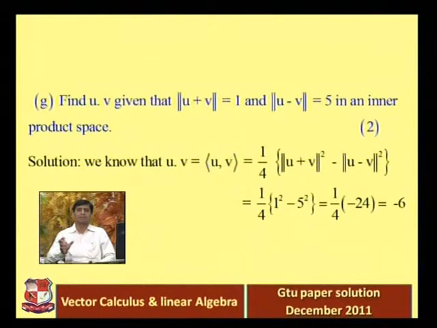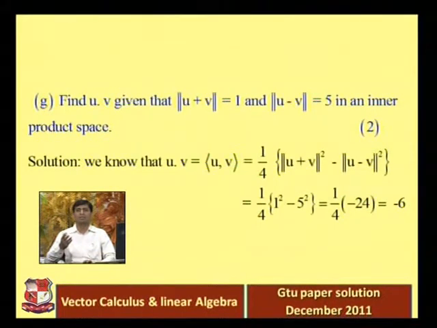That is one simple result, but that statement you have to remember whenever asked this question. Make sure that you have this result in your mind, otherwise you cannot solve this problem, right? Otherwise it's very simple, but the main thing is that you have to remember this statement, that u dot v is equal to inner product uv, that is equal to norm u plus v whole square minus norm u minus v whole square divided by 4.